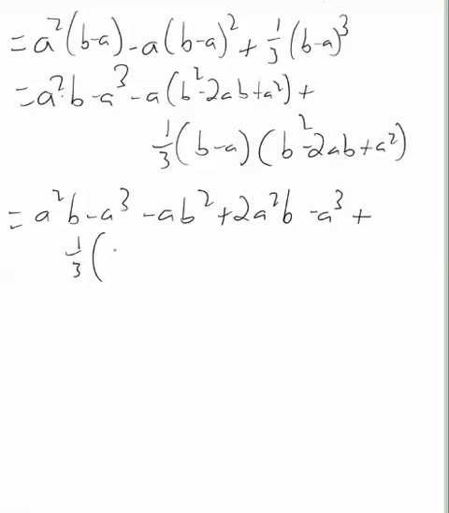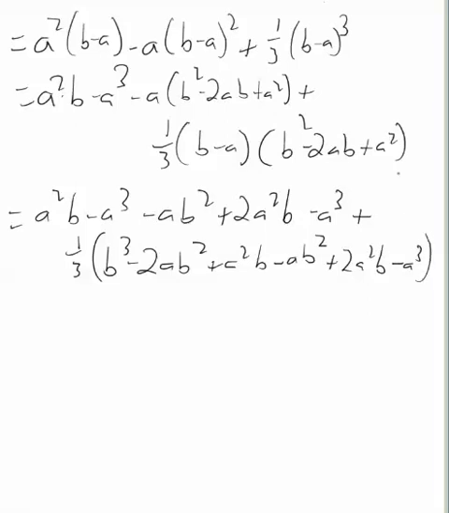I'll do the b's first. So this is going to be b cubed minus 2ab squared plus a squared b. Now I'll do the a's, minus ab squared plus 2a squared b minus a cubed. And at this stage, hopefully you can see there's some things that sort of work themselves out. We have a,